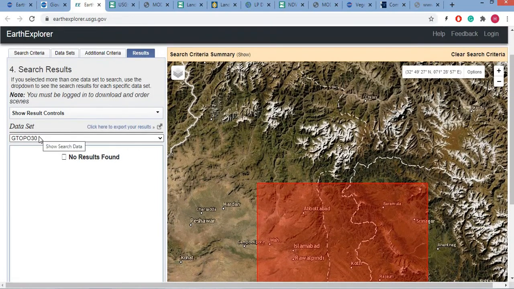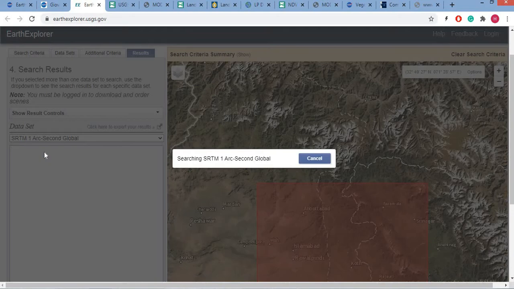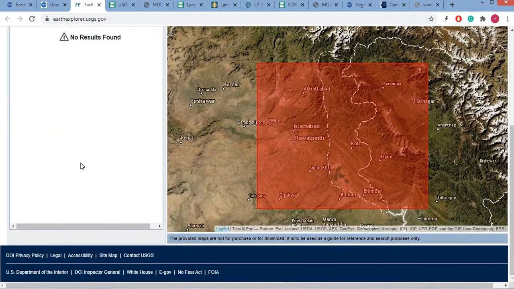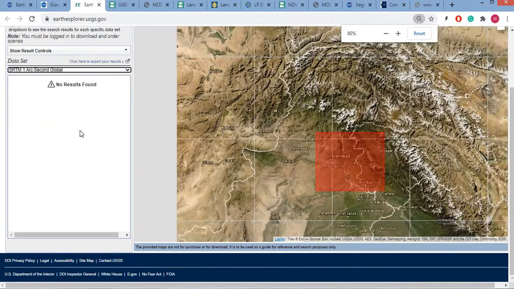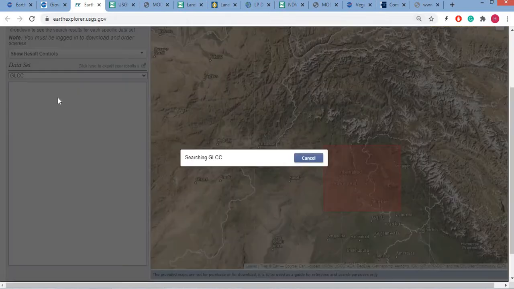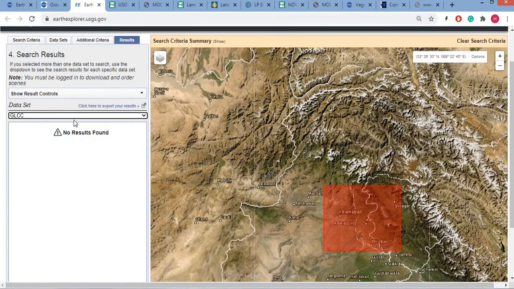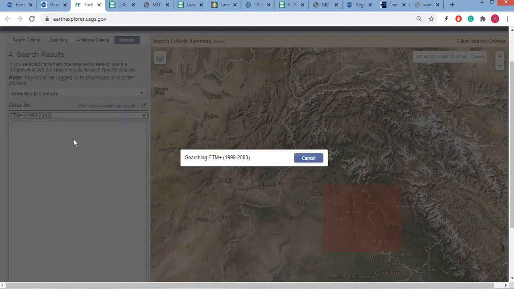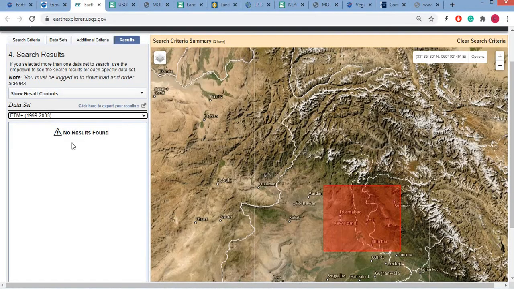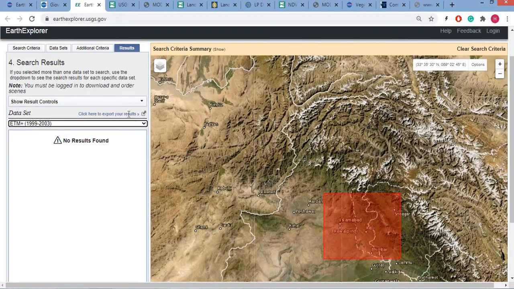And here we have no result of GTOPO 30. I don't know what is the reason behind this.